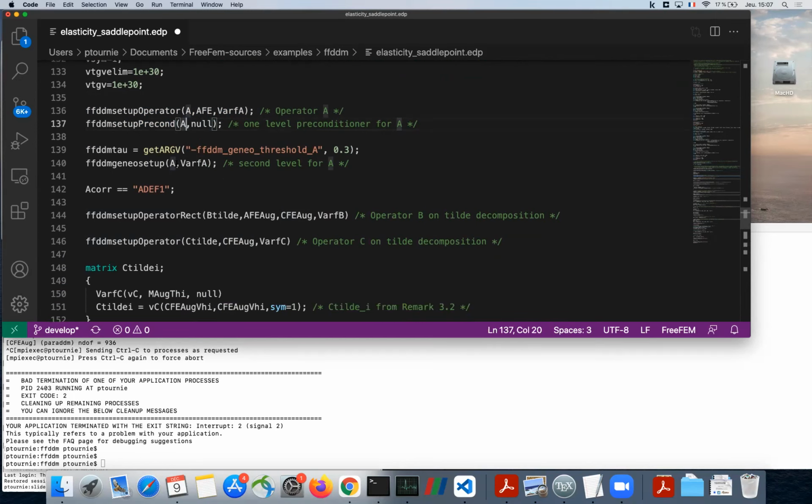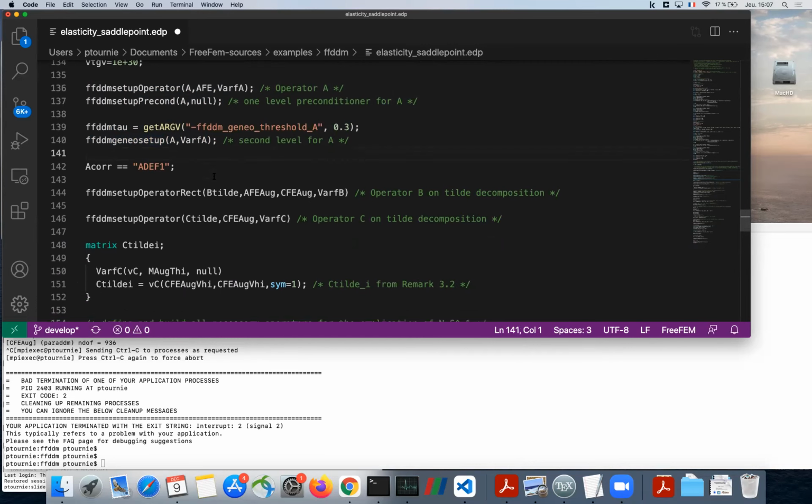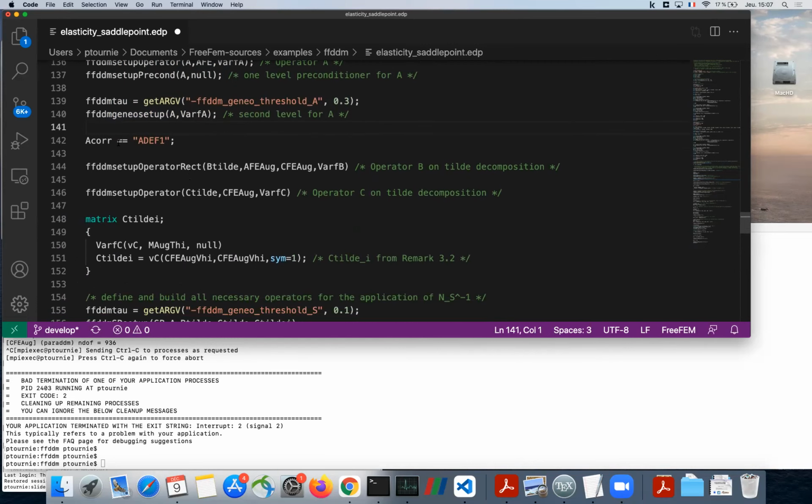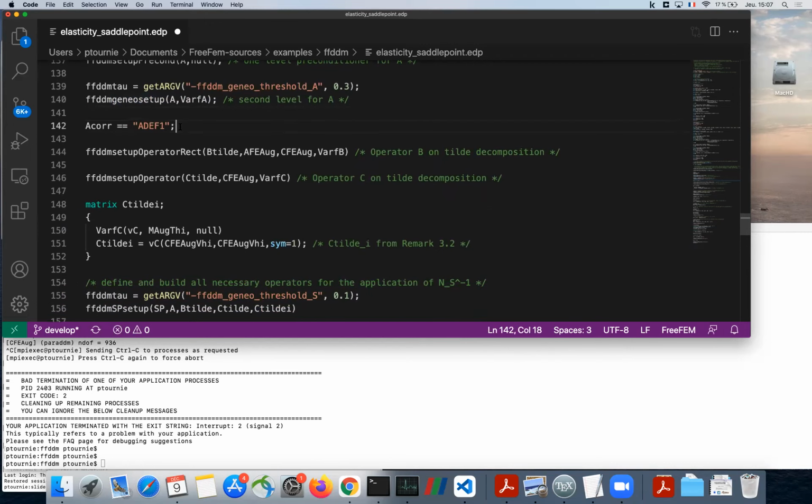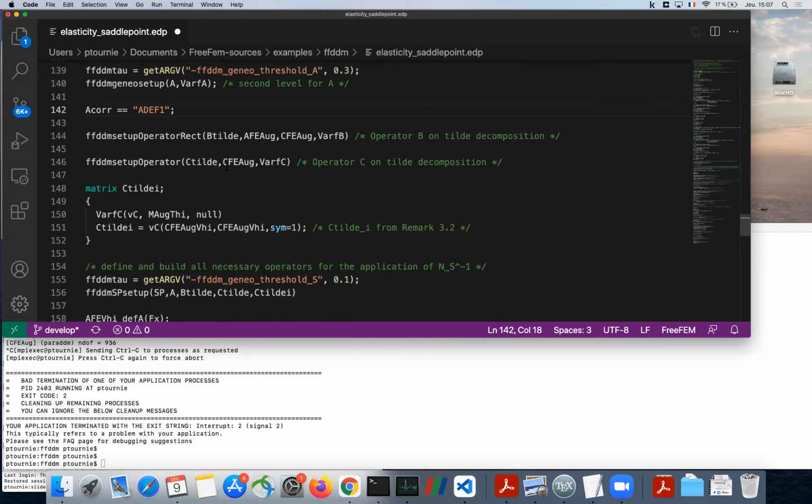And then on top of that I can construct my GenEO coarse space for this A block. This is all standard stuff that you can look up in the documentation if you want. And we can specify the coarse correction here for A. For example, this is the deflated coarse correction, which is also the default for HPDDM, for example.